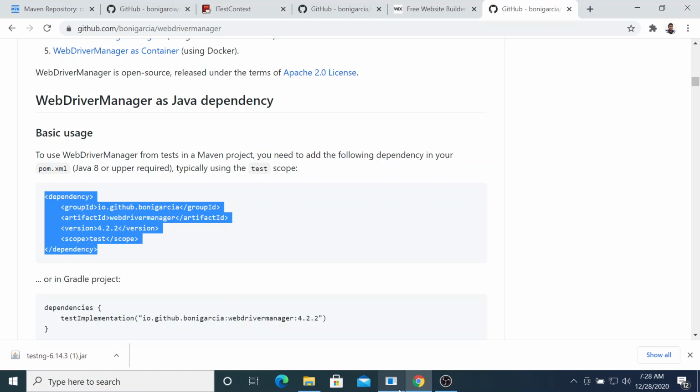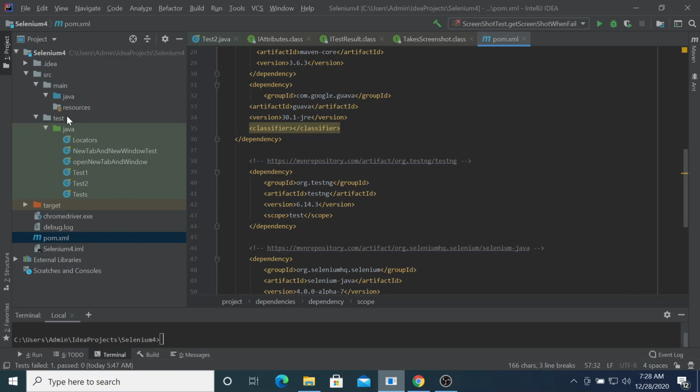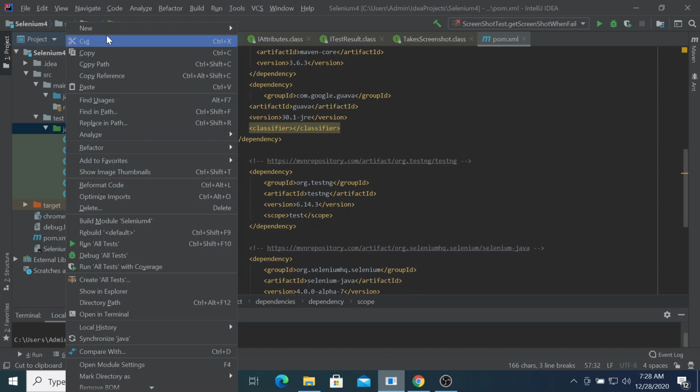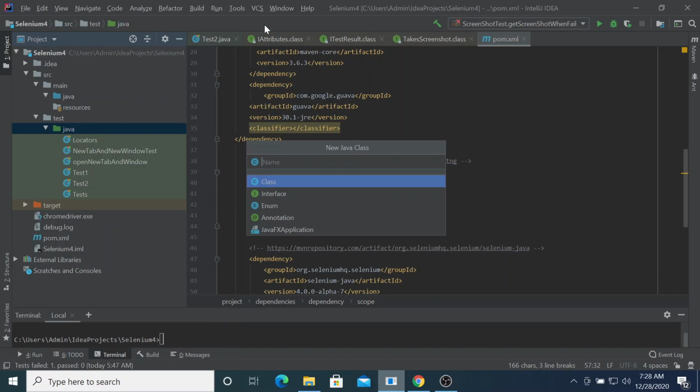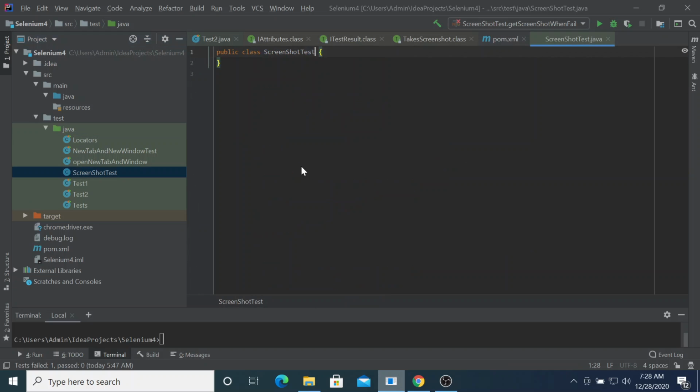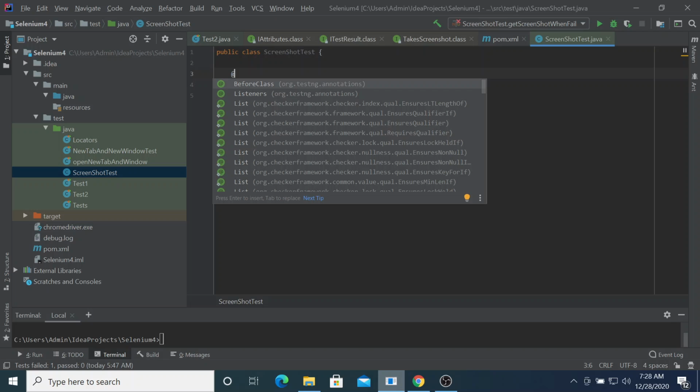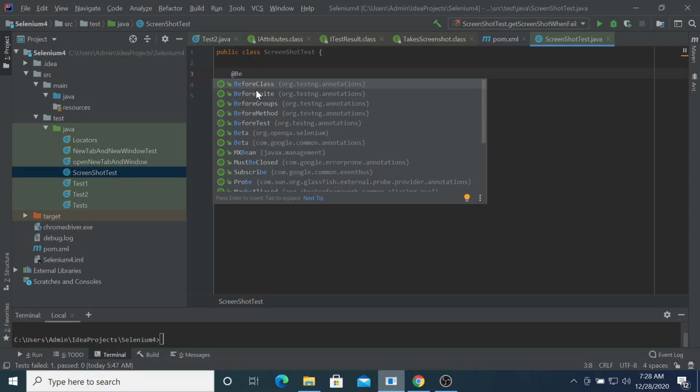After adding all the dependencies to the POM XML file, you need to create a Java class in your test package. Under test package, under Java folder, you need to create a new Java class, and you can put any name you want. I will put screenshot test, and in this class, since I'm using TestNG, I will use an annotation before this suite,